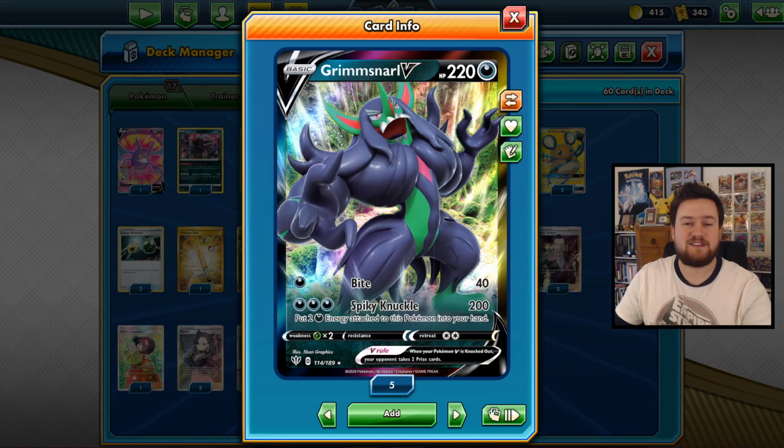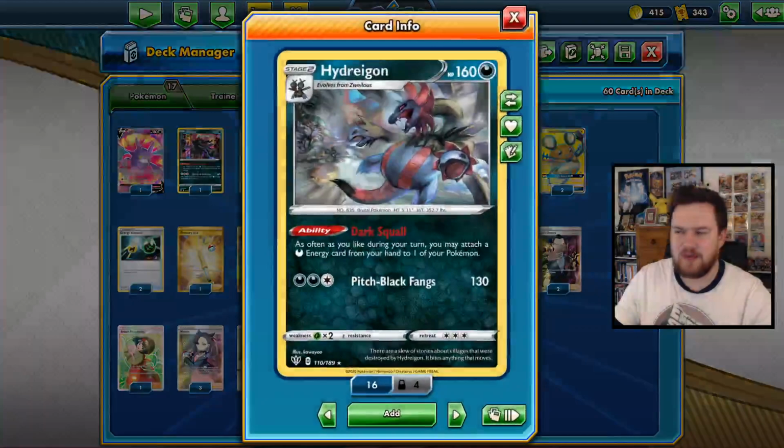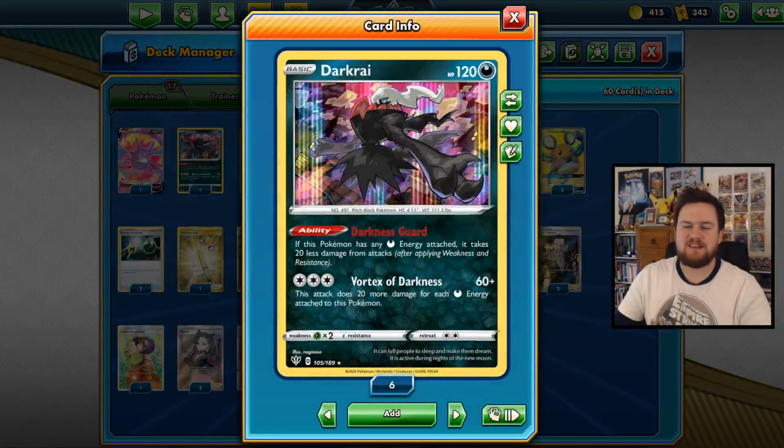The Spiking Knuckle is obviously really, really good because it can get that energy back into your hand so you can attach it elsewhere with your Hydreigon. We've got a 4-3 line of that, and one of the places that you might consider attaching to is this